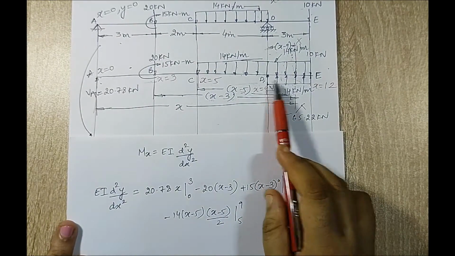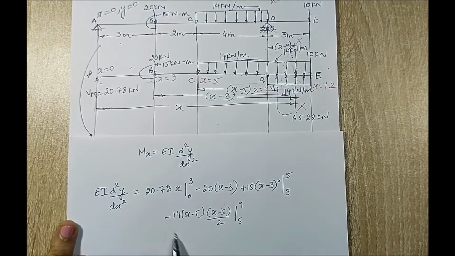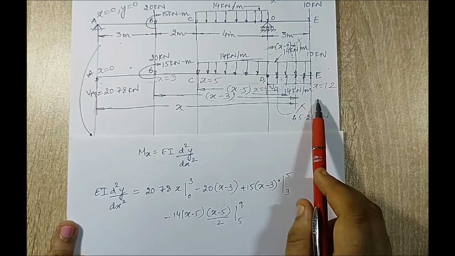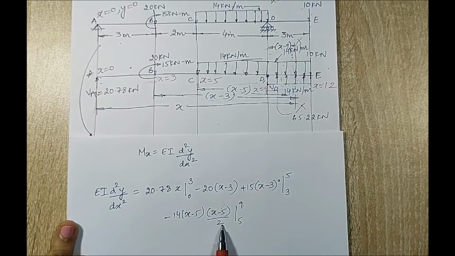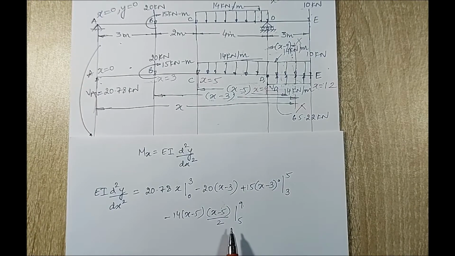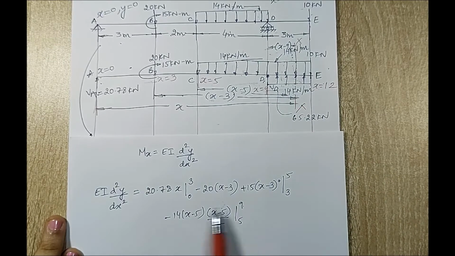Now from 9 to 12, again there is a UDL. But I am not going to write this equation again. It is not required, because if you look carefully, though I have written the domain from 5 to 9, if I substitute the values above 9 up to 12, this equation doesn't become 0 or negative, which means I can still substitute the domain of 9 to 12, which is the value 10, 11, 11.5 up to 12. So the UDL of this much portion is already covered over here.